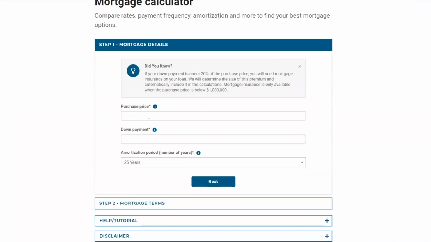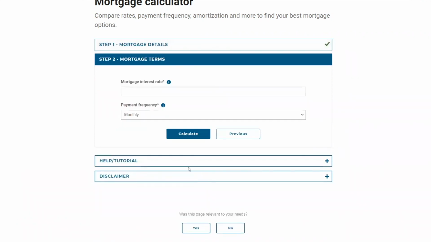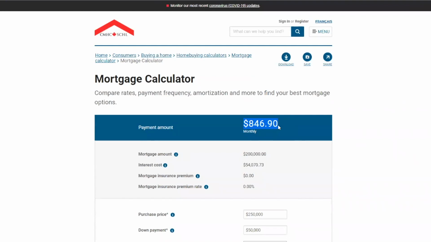You go to any bank and credit union website to use your mortgage calculator, and in this example, I like to use CMHC's calculator. Simply enter the purchase price, your down payment and interest rate, and it gives you an estimated mortgage payment of $846. You look at the tax rolls and get an estimate of insurance from your broker. So let's do the math.